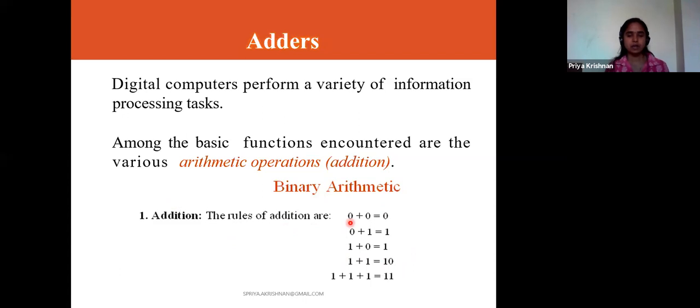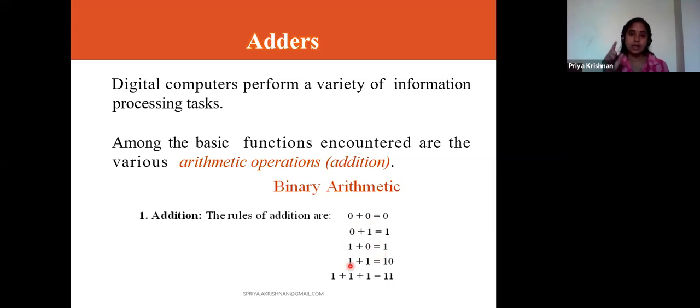We know in the digital world we have only 2 things, 0 or 1. So we are going to take the rules from those 2 things, 0 and 1. First case is 0 plus 0, obviously output is 0. 0 plus 1, it is 1. 1 plus 0, it is 1.